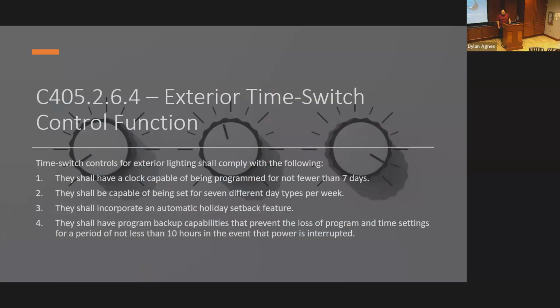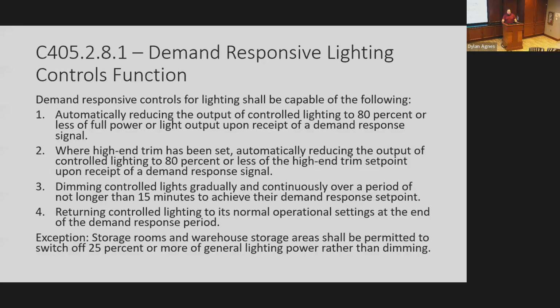You can also do exterior time switch controls. They are almost the exact same as the interior time switch controls. Demand responsive lighting. This is a new one. So this is not required for 24. It just has the controls function defined, but you'll see before this